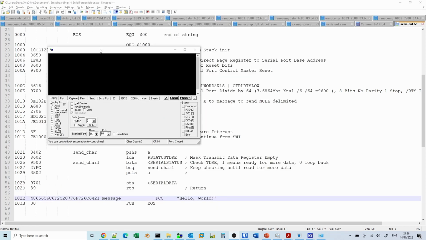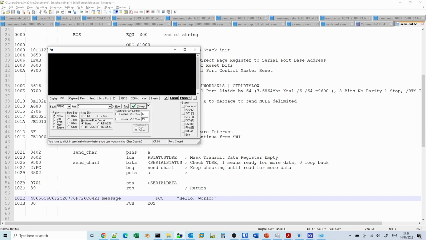So I've run RealTerm, but at the moment, every time I run this, it's not remembering the port details. So I'm having to select COM port 5 virtual COM port, select the 9600 baud, no parity, 8 bits, and we'll change that and then click open. So we can now see we've got clear to send is showing, so it's picking up a signal on there.